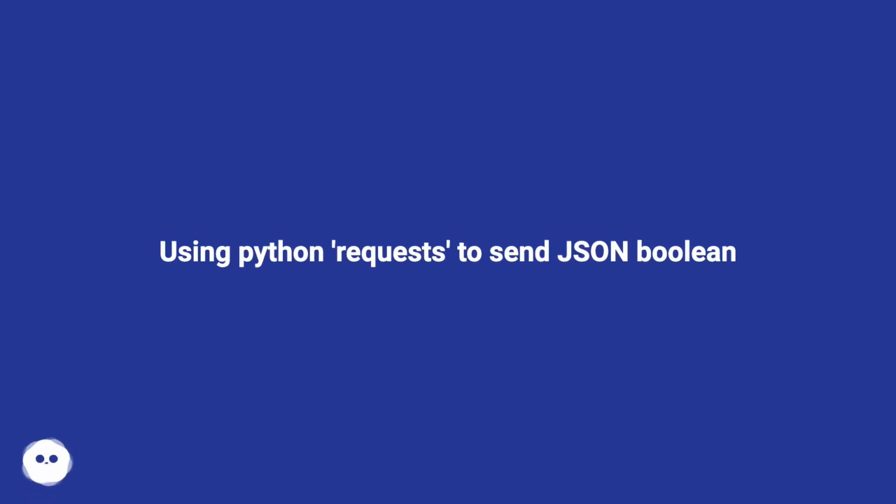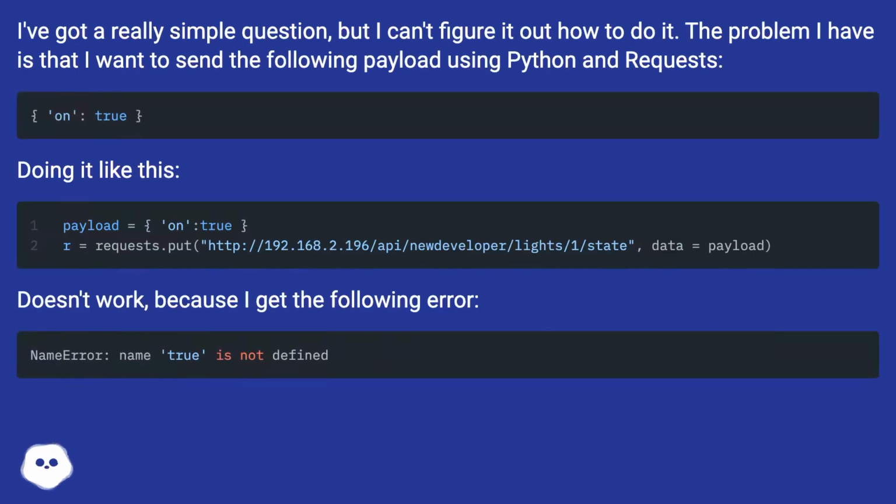Using Python requests to send JSON boolean. I've got a really simple question, but I can't figure out how to do it. The problem I have is that I want to send the following payload using Python and requests. Doing it like this